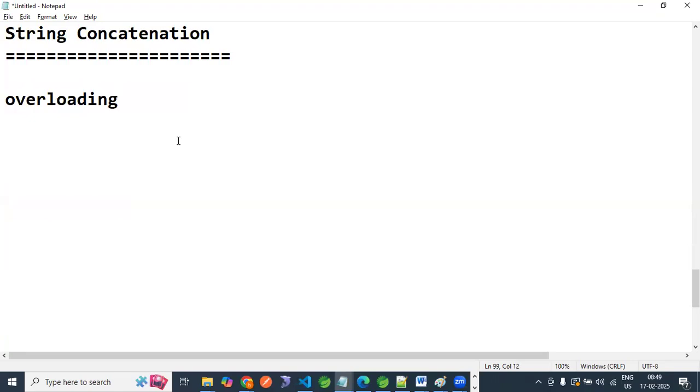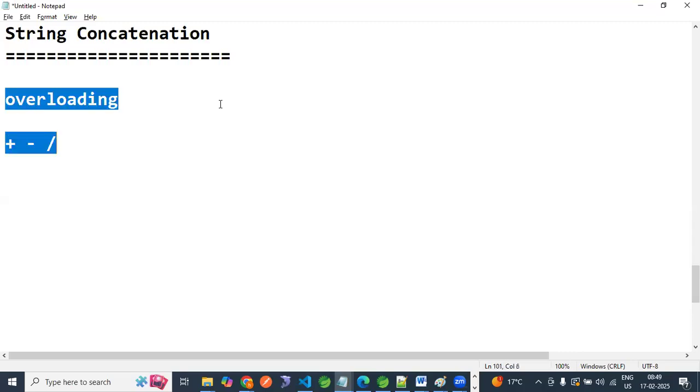So in Java, we have different operators, right? Plus, minus, they are different. Slash, everything. But the only operator which is overloaded is plus. What does overloaded mean? Same name but different functionality. Overloaded means same name, different functionality. What I showed you in this example,